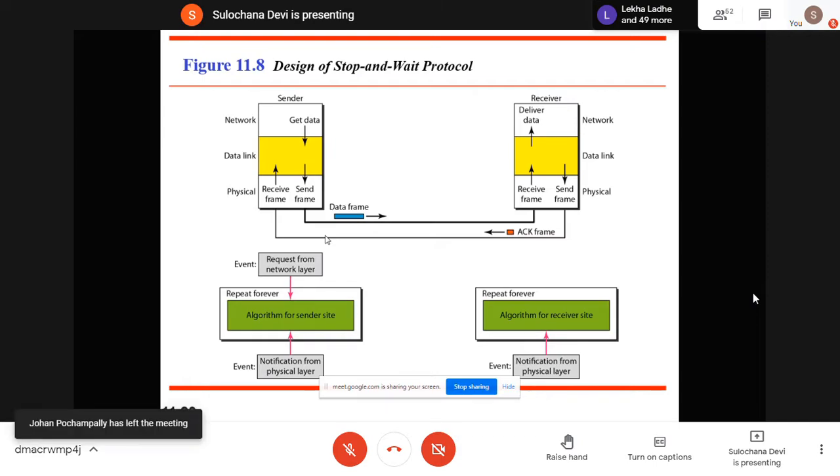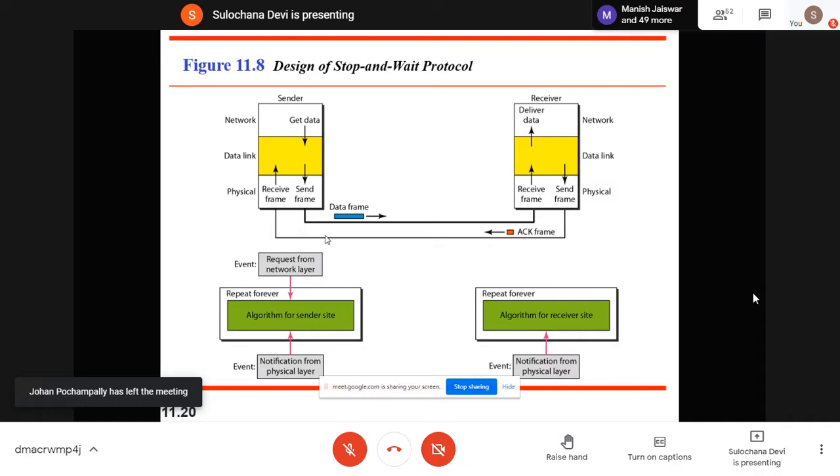So if you are sending frame number 1, then the acknowledgement number will be 2, meaning I received your frame number 1 and I'm expecting your frame number 2. In stop and wait, send one frame, wait for acknowledgement, receive it, then send the next frame, then wait again. That's why we call it stop and wait.